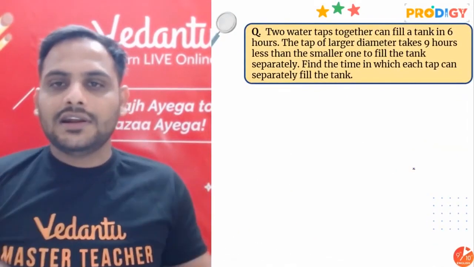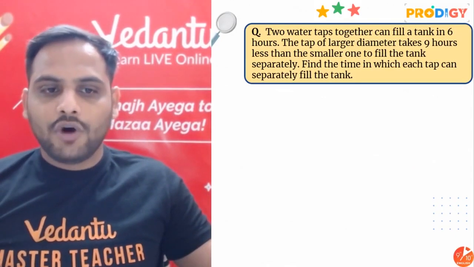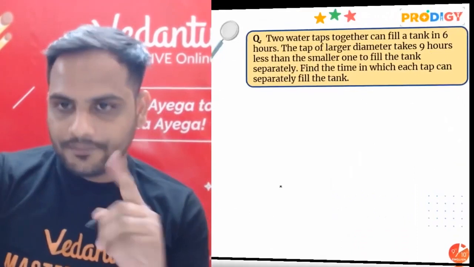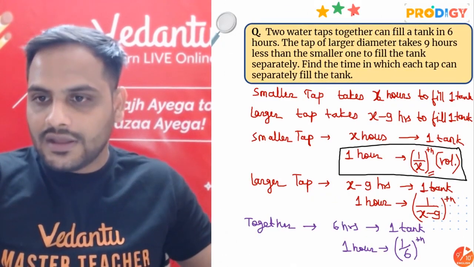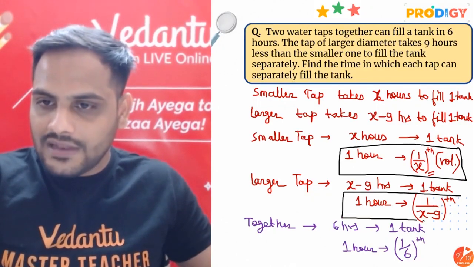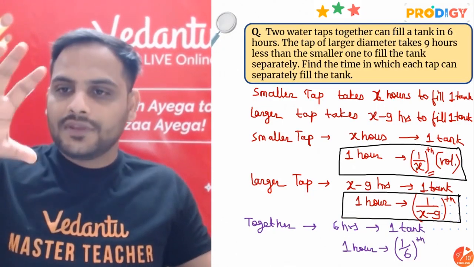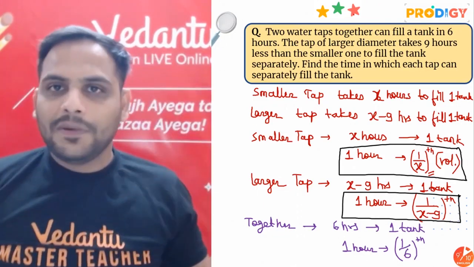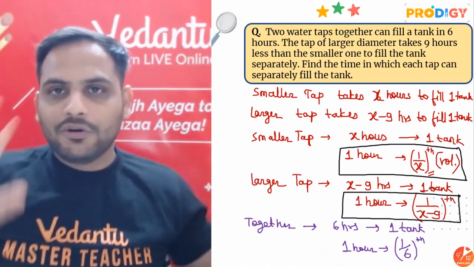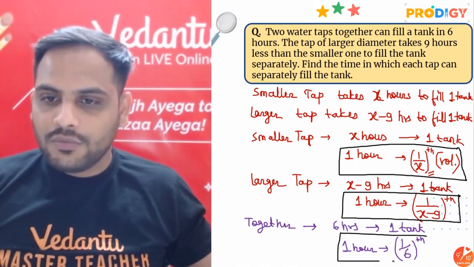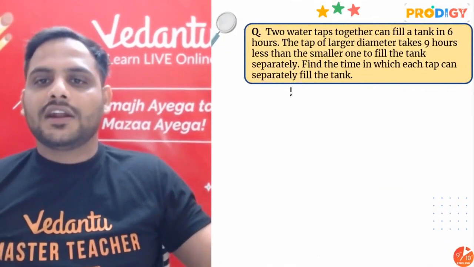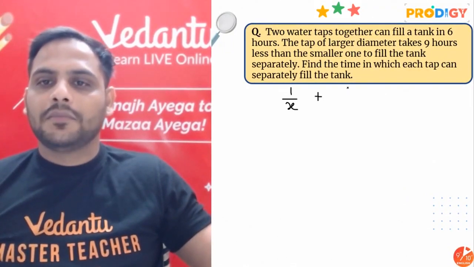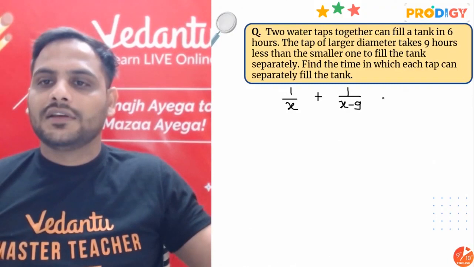So I can say clearly, sir, it means that the water filled by the first tap alone in 1 hour and the water filled by the larger tap alone in 1 hour, if I add them, that means when they are open together, this should be equal to the amount of water they fill when working together. So from here we get our equation: 1 by x plus 1 by (x minus 9) is equal to